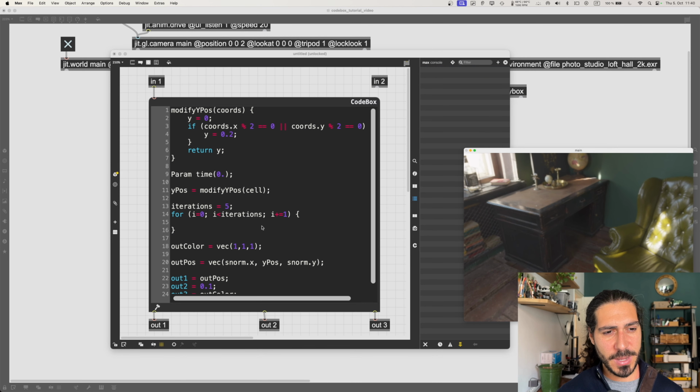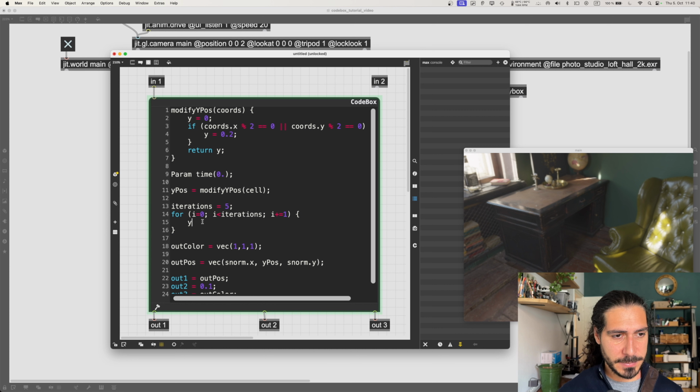So our cubes, unfortunately, disappeared. I don't know exactly why, because we didn't do anything bad. Maybe it doesn't like that there is an empty for loop. So let's fill it, and let's say y pos plus equal to, for example, it's a bit tricky to demonstrate what we can do with for loops,